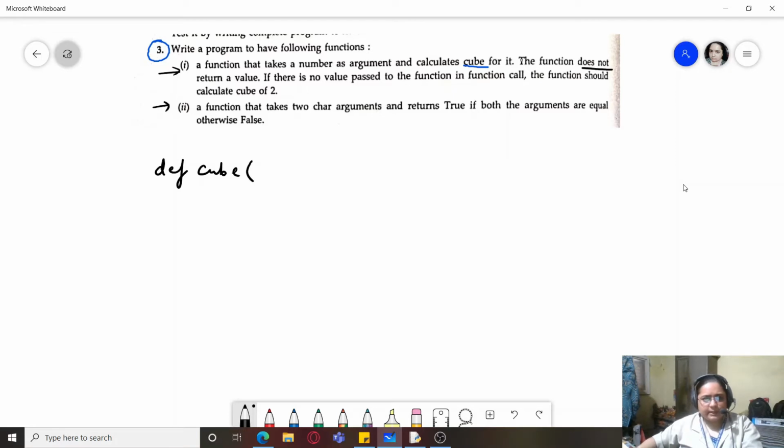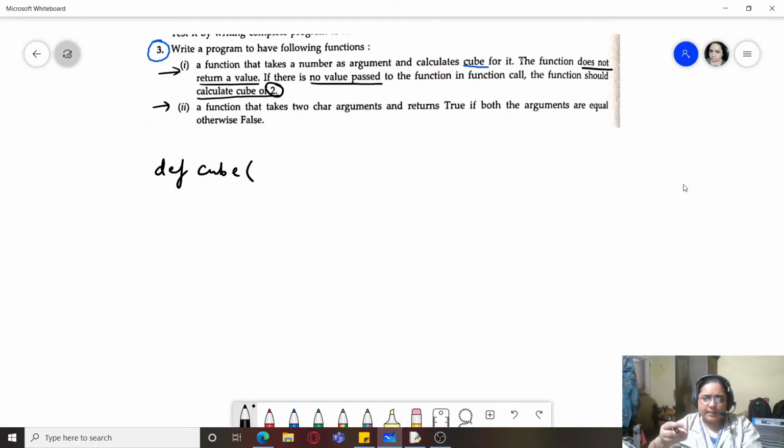This is important. If there is no value passed to the function in the function call, the function should calculate the cube of 2. That is, we need to take an optional argument, one argument which is also a default or an optional argument. As we know, default or optional arguments are those arguments which have some default value already assigned to them during the function definition within the parameter list.